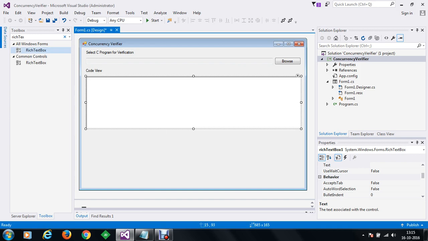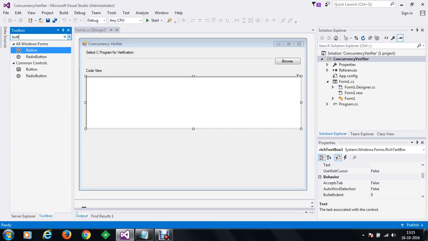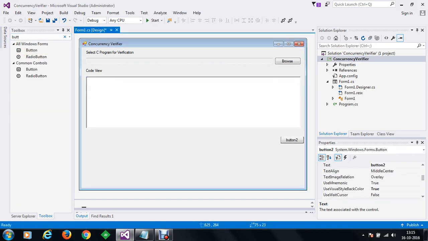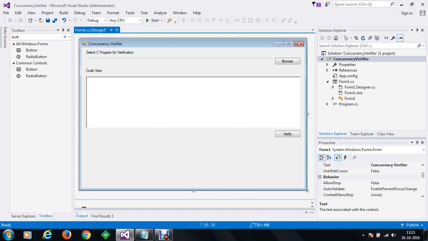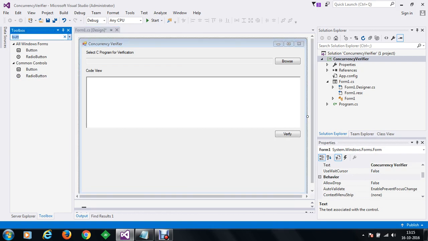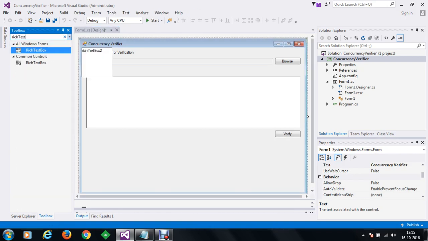We're going to create a new button control, and this button control will be named as verify. We'll change the text property of this button control to verify. In the next section, we are going to have the result box as well. So we'll take one more rich text box.